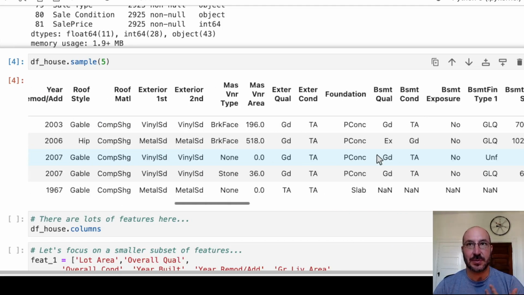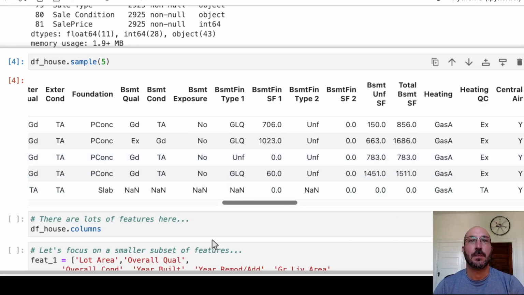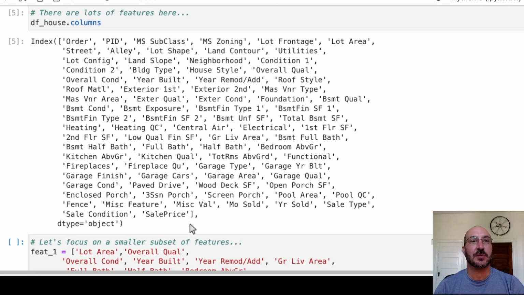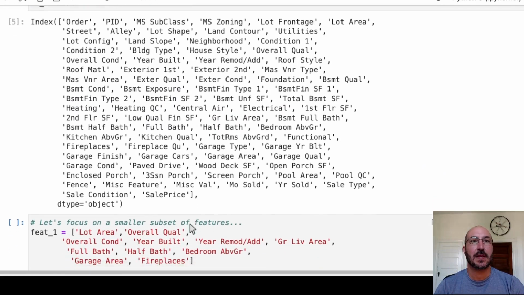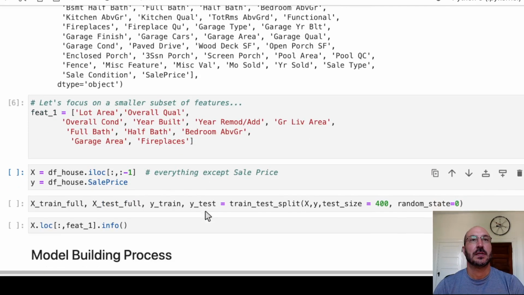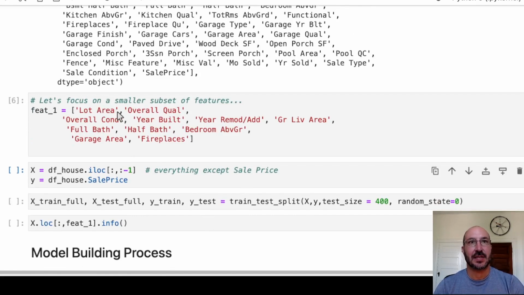We've got a lot of these variables here, so we're not going to look at all of these right now. Instead, here's the list of all the different variables, features that we have in this data set. So to start, we're going to just focus on a smaller subset of features. So we've got the lot area, it's the size of the lot the house is on, the overall quality, that's a numerical score that I think a real estate agent assigns to the quality of the house, overall condition is similar, what condition the house is in, the year the house was built, the year it was remodeled or added onto,